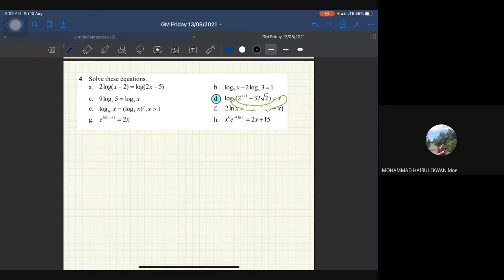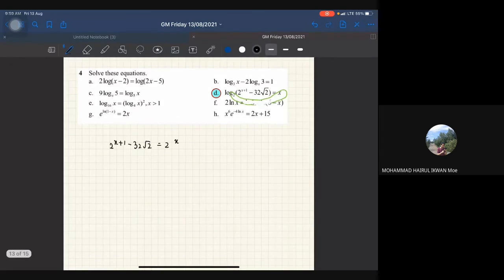Alright, so bila kita buat macam tu, so apa yang tinggal adalah 2 to the power of x plus 1 minus 32 set 2 equal to 2 to the power of x. Okay, so sekarang kita dah hilang log, kita dah tukar log tu kepada bentuk index. Okay, thank you Hairul. Alright, and then sekarang